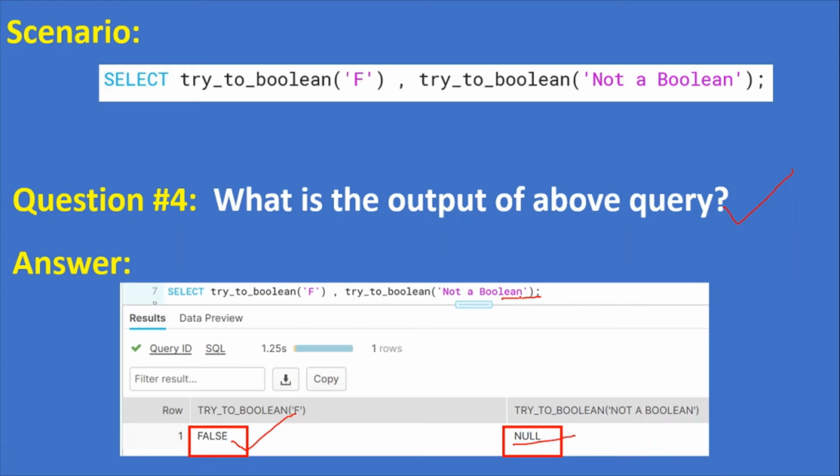Hence, the function returned a null value instead of an error. Please note that any TRY_ conversion function always returns a null value if the given value is not possible to convert into the data type.